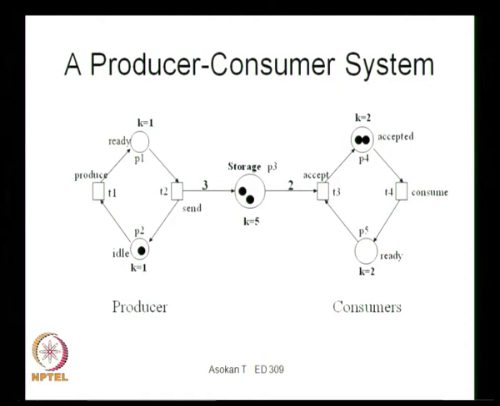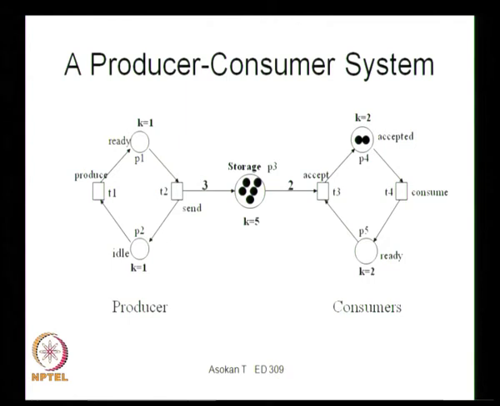So you have both consumers accepting the item, and there are 2 items already available, and now the producer is still able to produce 3 and send it, because we can have another 3 in the storage buffer. So either the producer can produce or the consumer can consume and accept it also. So the producer is again producing one more set, so he is ready and he can actually send it to the storage. So you can see that now the storage is full with 5 items already filled in.